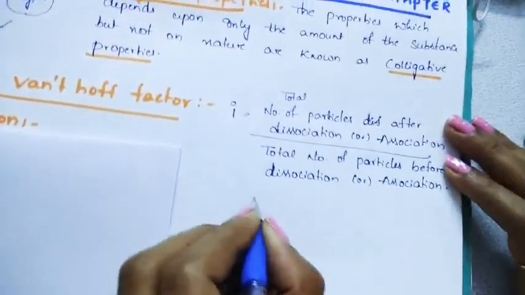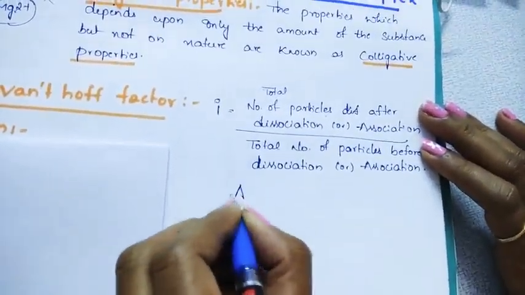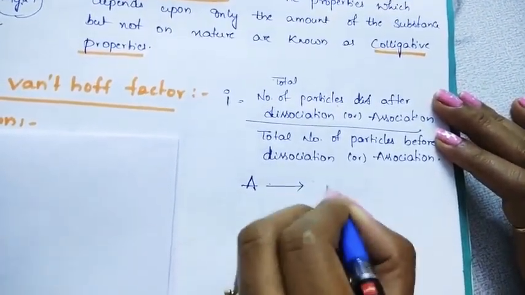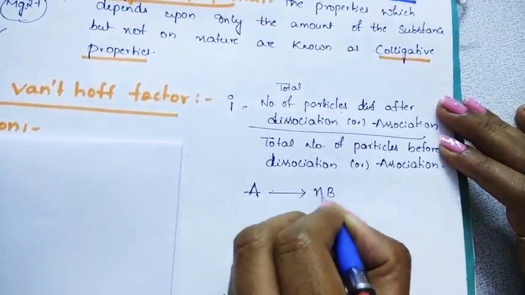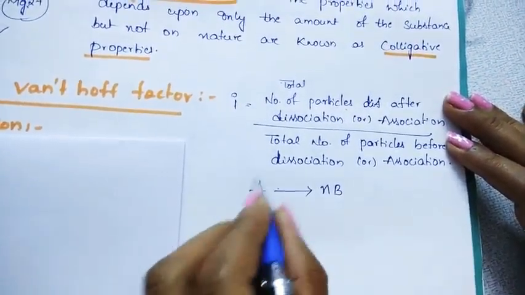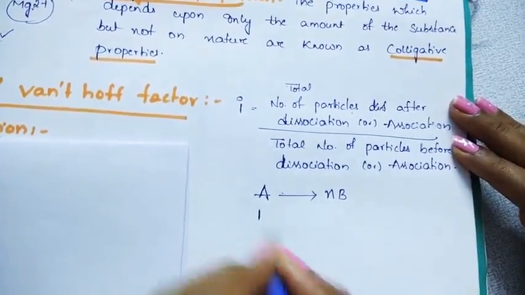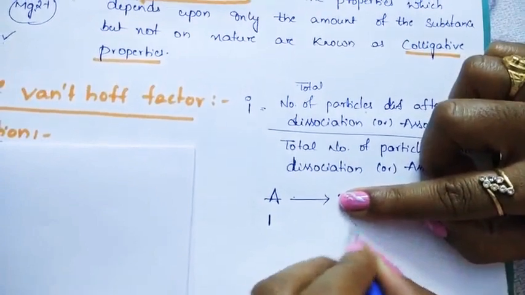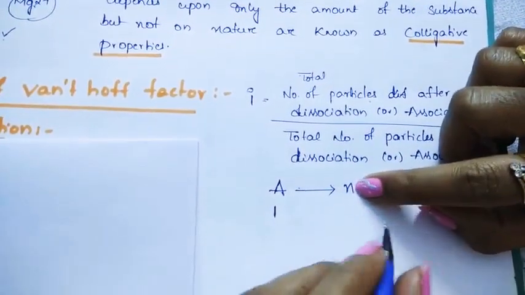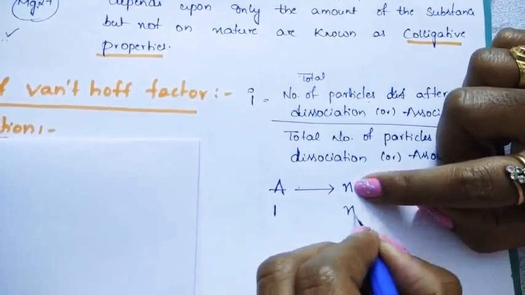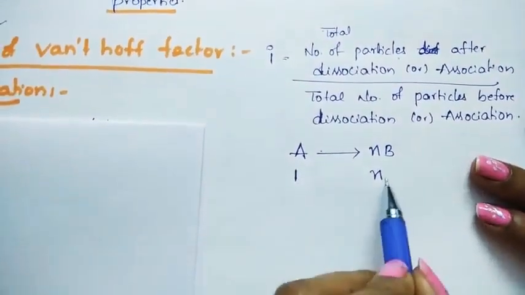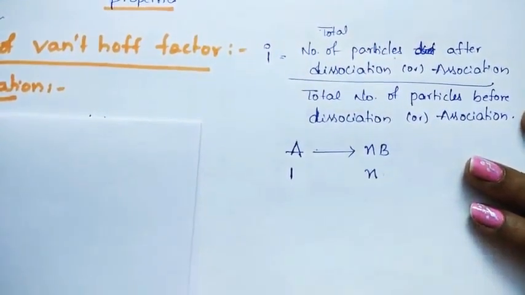And now let us discuss dissociation. 1 mole of A is there. It is dissociated to B, which is giving n moles of B. Initially, how many moles are there? 1 mole. When the reaction has not started, it is not forming B, which means it is 0. If the reaction is started, how many moles of B are there? n moles of B are there. See, 1 mole of A is converting into n moles of B, right?